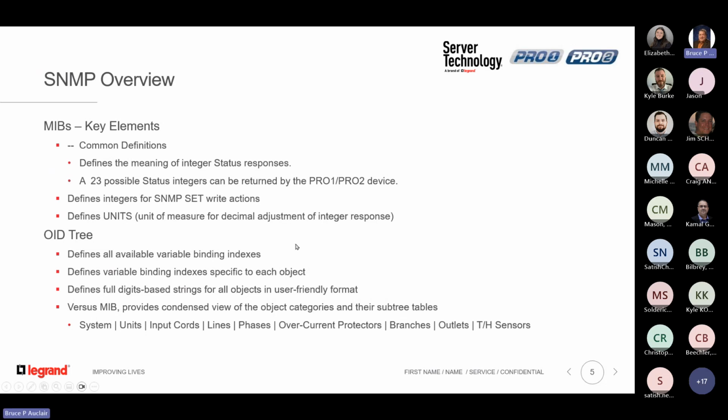Finally, the MIB defines the units value for a number of different objects, more commonly known as a unit of measure. In the Xeris product platforms, I think they call it a decimal digit, but it effectively tells you, because all the responses for SNMP for values of objects are integer based, it tells you how to adjust where the decimal point is located. And so an example there would be,